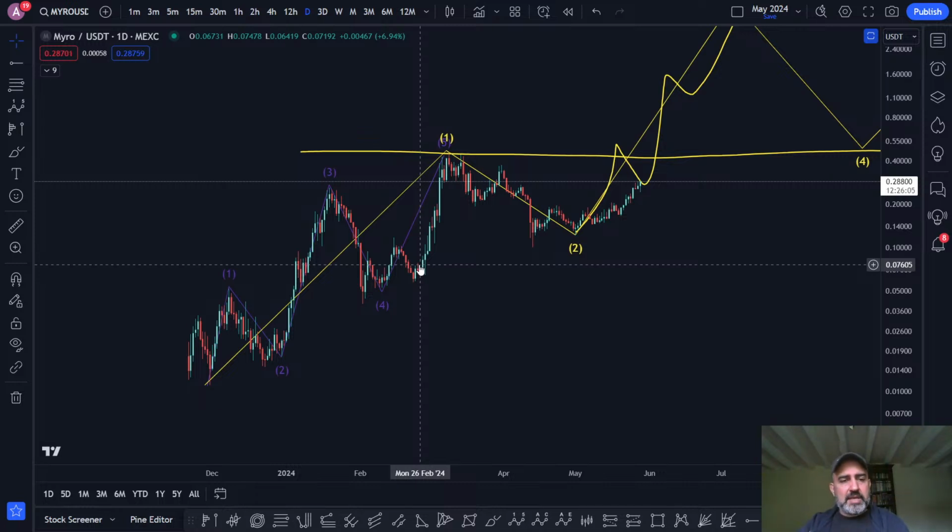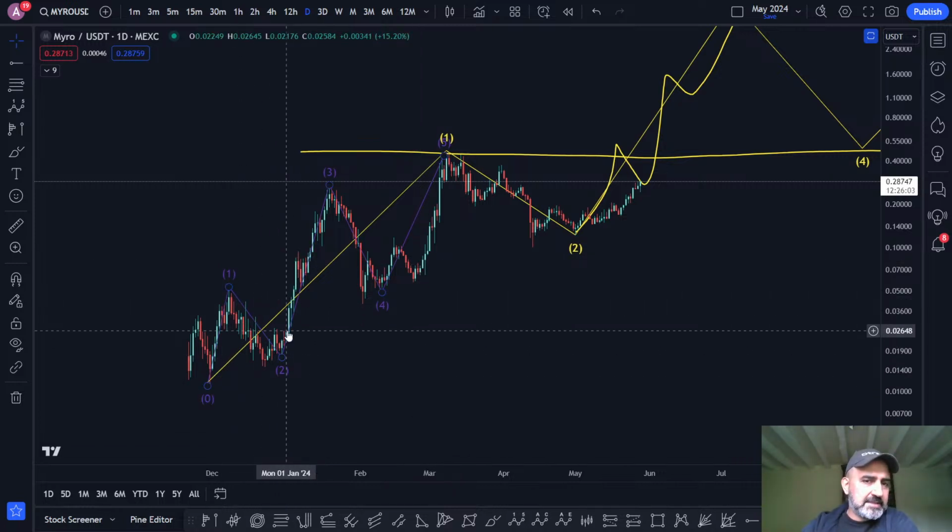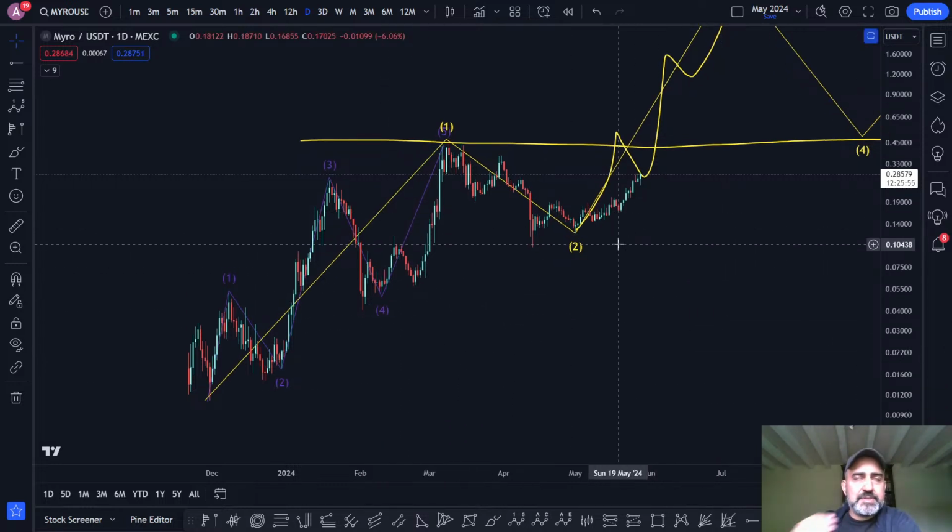So if you have a 2 correction that's like this, the 4 is not going to be the same as the 2. Usually they're different, and that's just something that usually happens. So if after an impulsive move you see a flat correction, then for the next correction, the 4, you're not expecting flat. You'd be expecting something else, probably zigzag. That would be your default go-to. If it's not flat, then it's zigzag. If it's not zigzag, then you'll be looking for either flat or some kind of irregular or some kind of combination or something else.